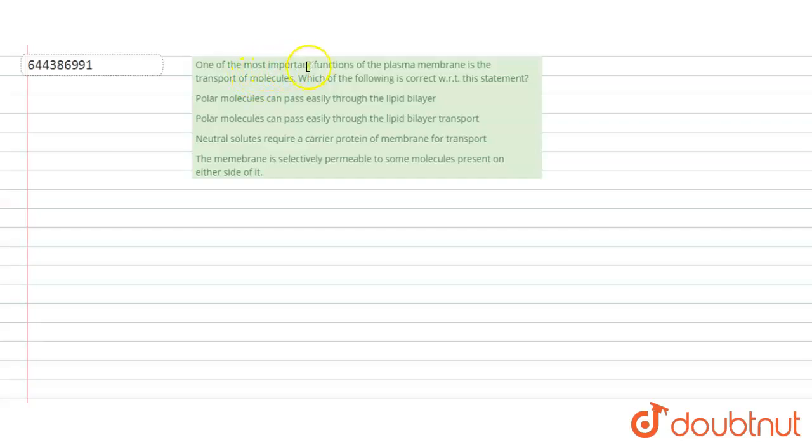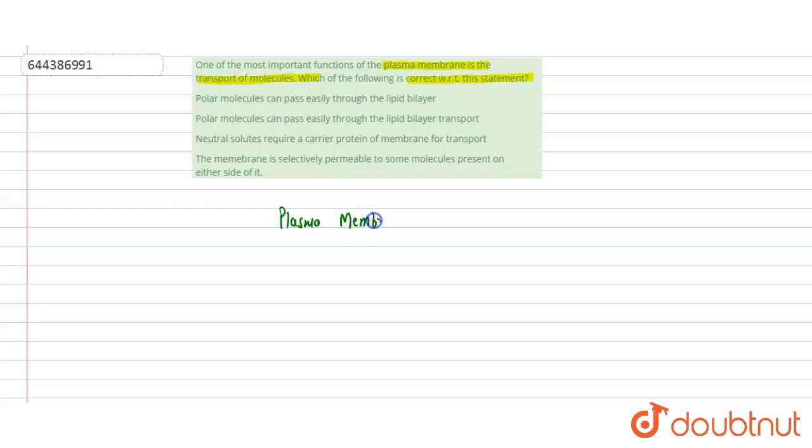Hello students, have a look at the question. Question is one of the most important functions of plasma membrane is the transport of molecule. Which of the following is correct with respect to this statement? Options are polar molecule can pass easily through the lipid bilayer. Polar molecule can pass easily through the lipid bilayer transport. Neutral solutes require a carrier protein of membrane for transport, and membrane is selectively permeable to some molecule present on either side of it. So if we'll see the plasma membrane,